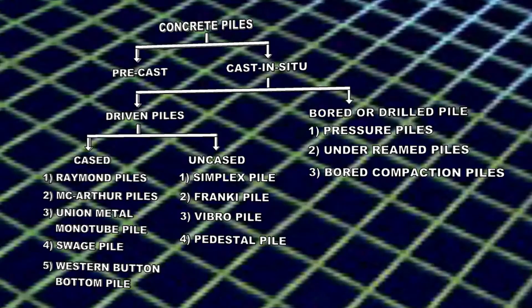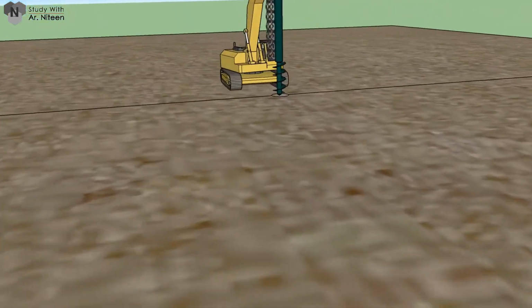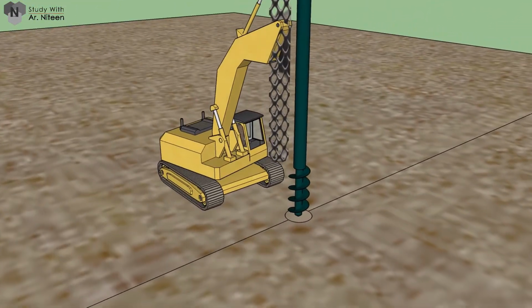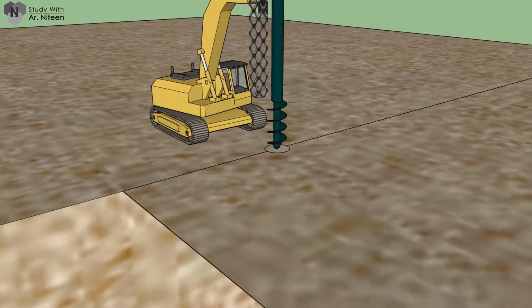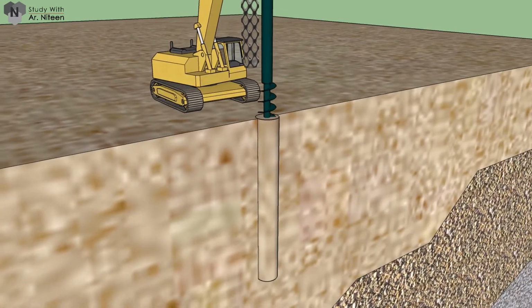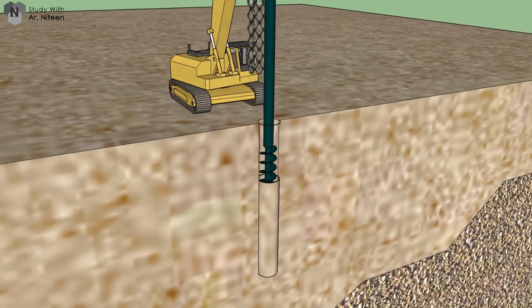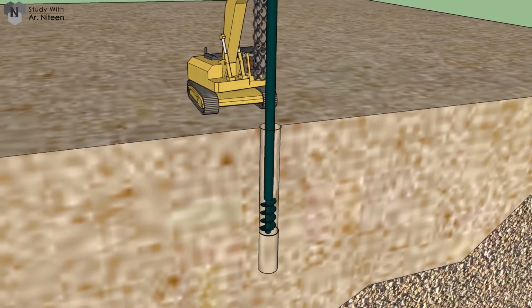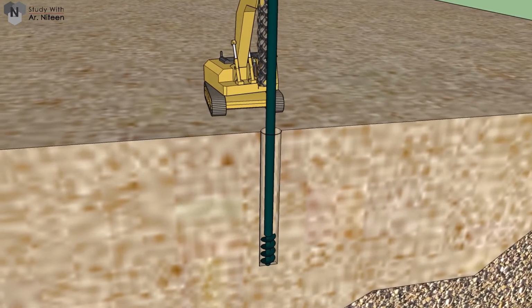Unlike driven piles, bored or drilled piles are the piles which are drilled in the ground. Let us study the different types of bored or drilled piles. Pressure piles. Pressure piles are the drilled piles which are drilled up to the required depth. The pressure piles are so named because the concrete that is filled in the casing is filled with the help of